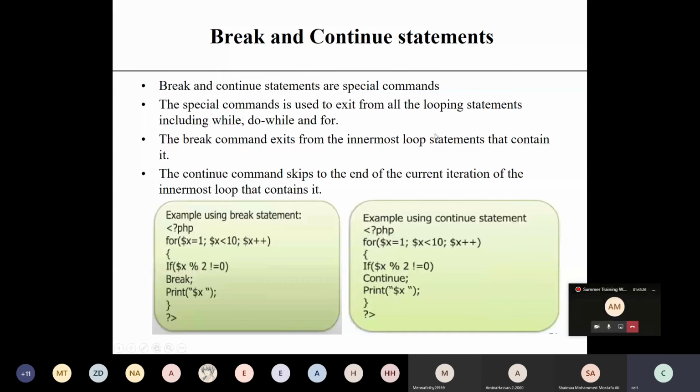This is the difference between break and continue.